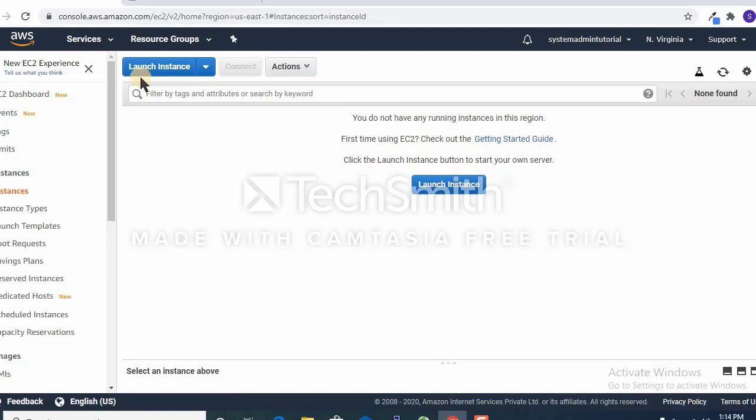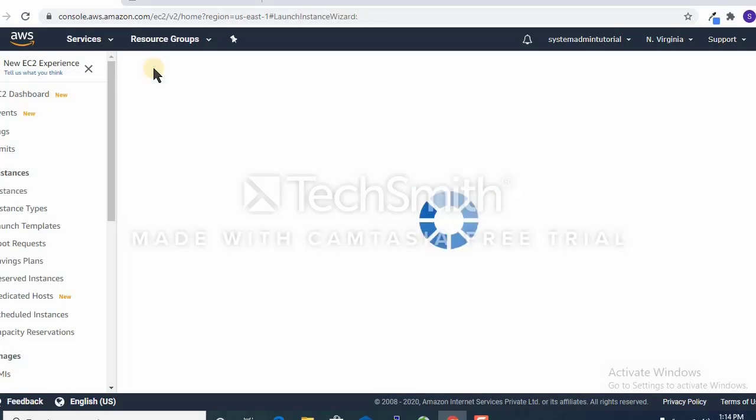Here we will create a Linux instance, and for the load balancer there is always one key point: you have to create the instances in different availability zones in the same VPC. Click on launch instance.